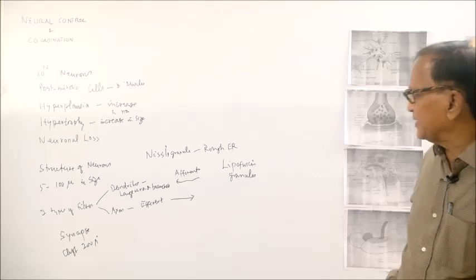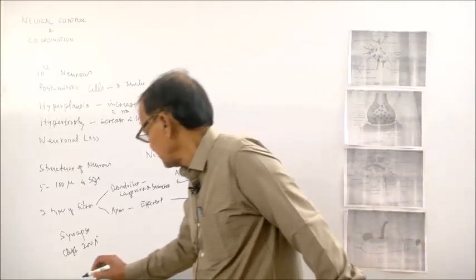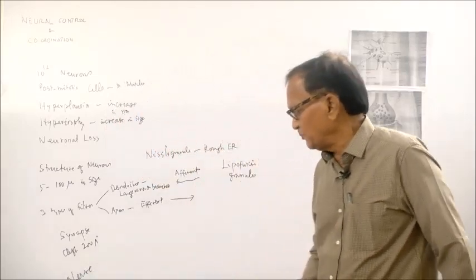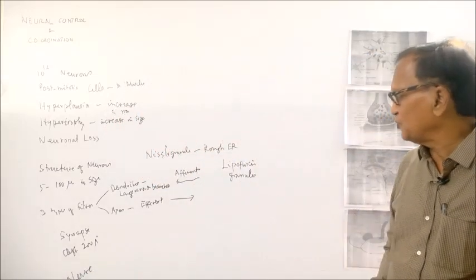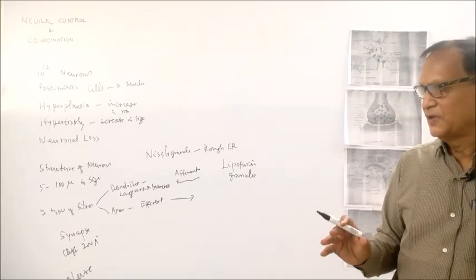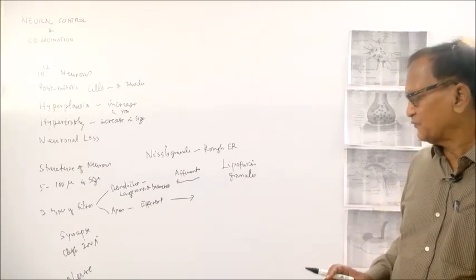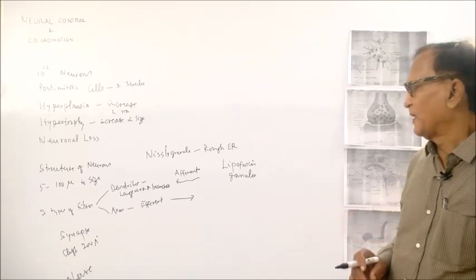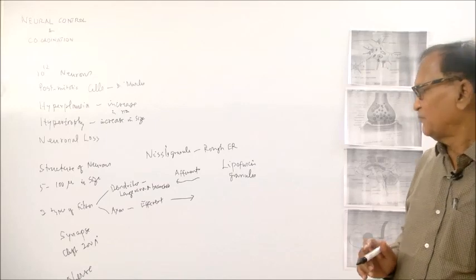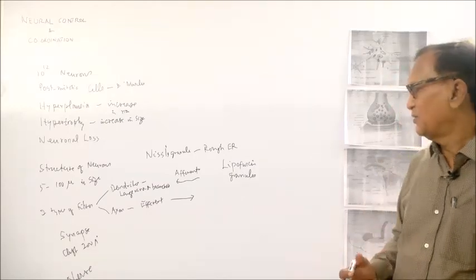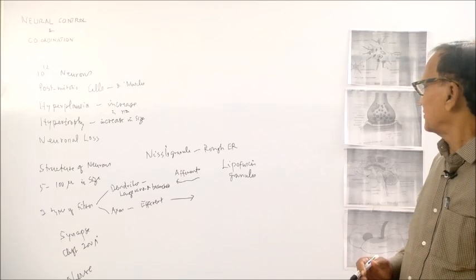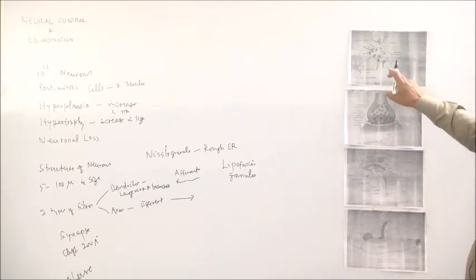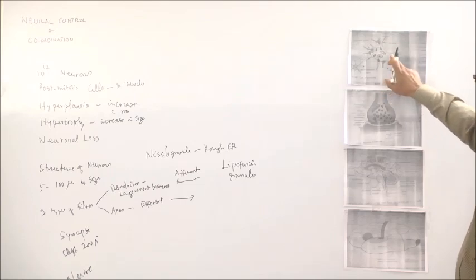Now, what we call a nerve is actually a bundle of such axonic fibers, arising from a group of neurons in a particular part of the nervous system, be it the brain or the spinal cord. Now, in the second diagram, you can see, before that, now this is the axon.